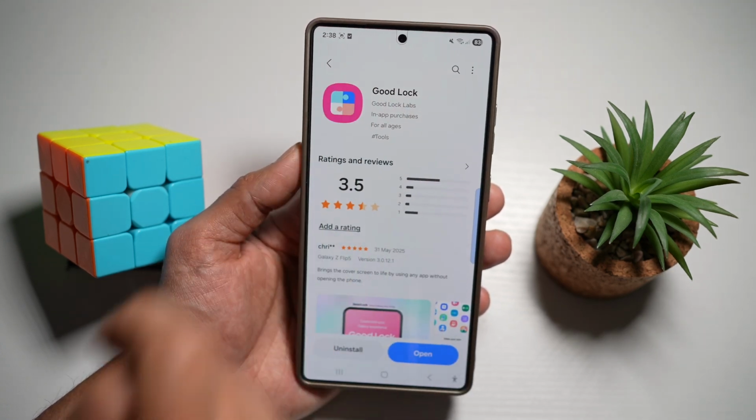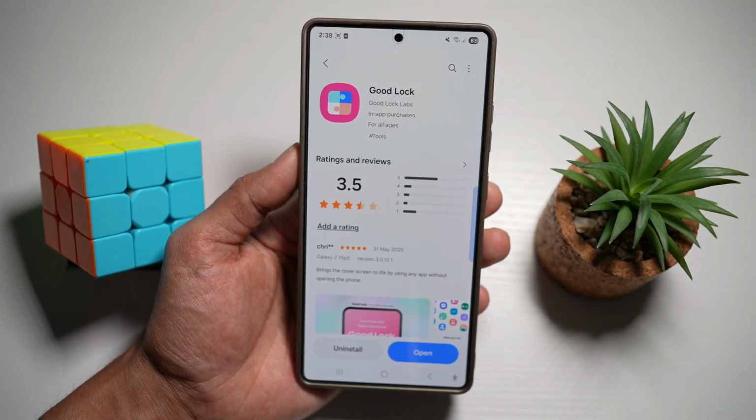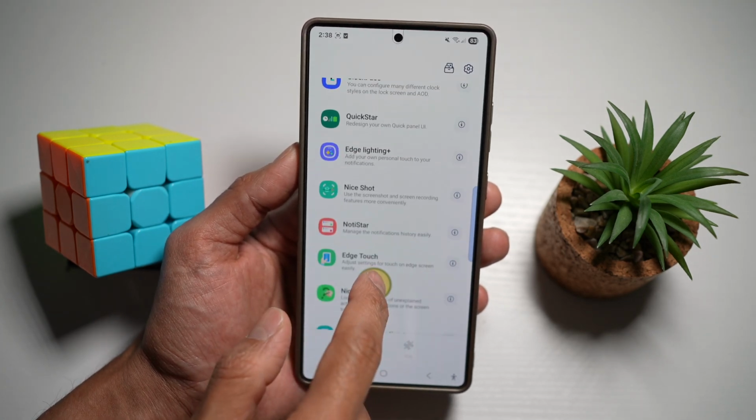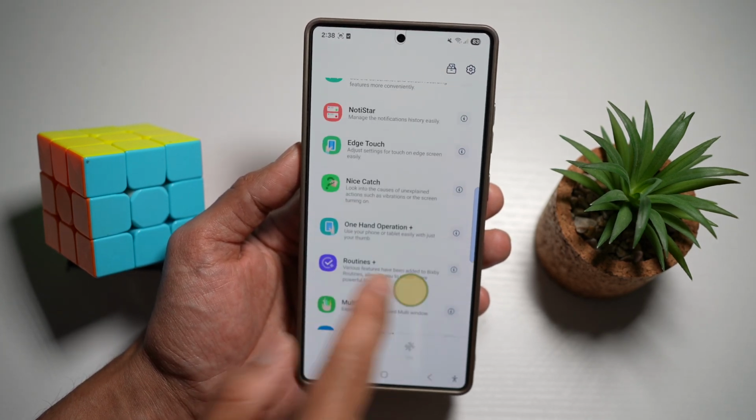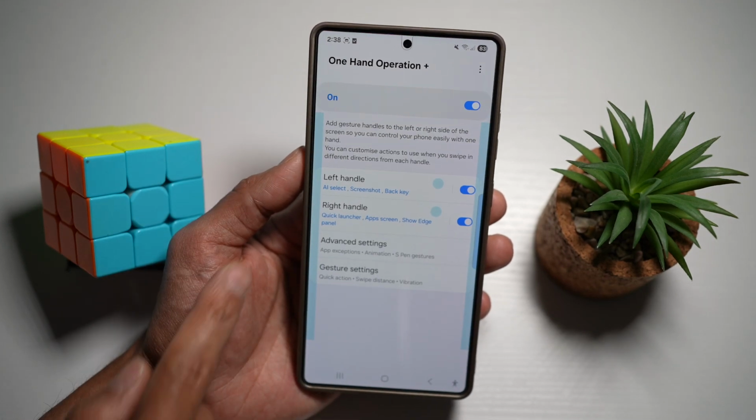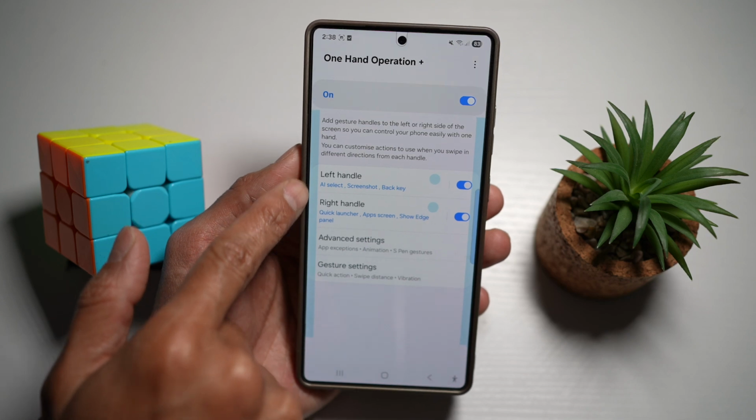Search for Good Lock and download that app. Once downloaded, go ahead and open it. Now in the app itself, you need to go ahead and find an app called One Hand Operation Plus. Tap on this, turn this feature on, and now, depending on what hand you use your phone,